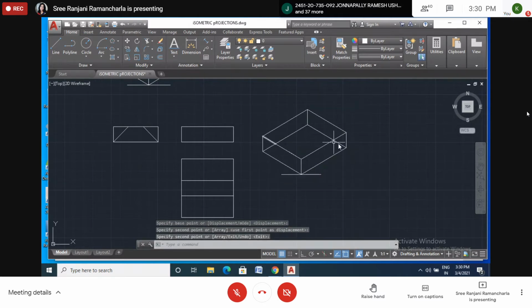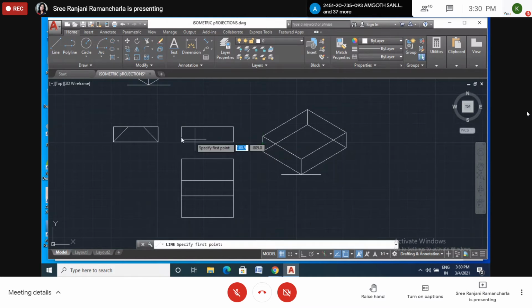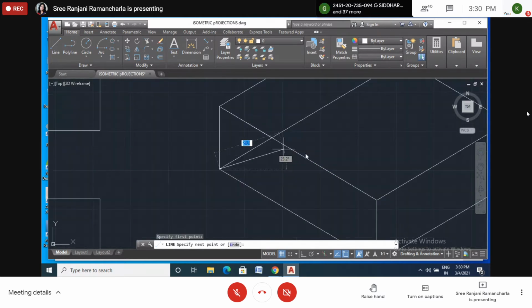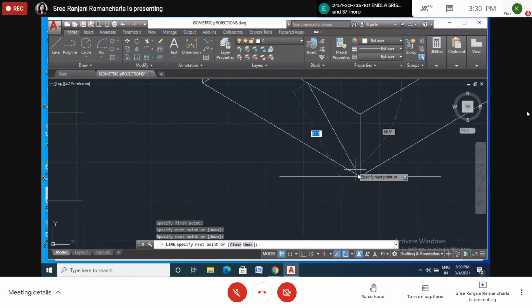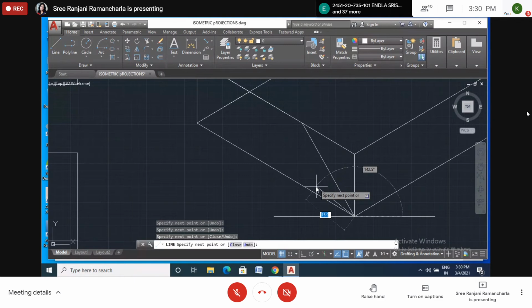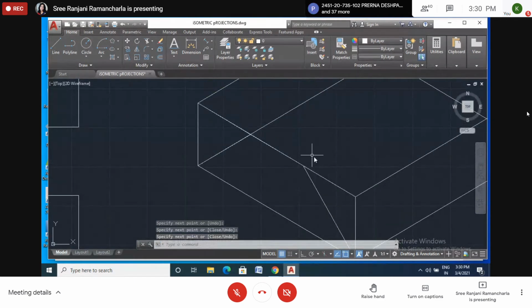See, copied. Okay. Now here I will draw the lines from this corner, these inclined lines. So this line, and here we got a line. So the endpoint will show. This is exactly coinciding here. Okay. And here one more endpoint it will equate. Where is the endpoint? Yes, here and this corner. Okay. Enter.